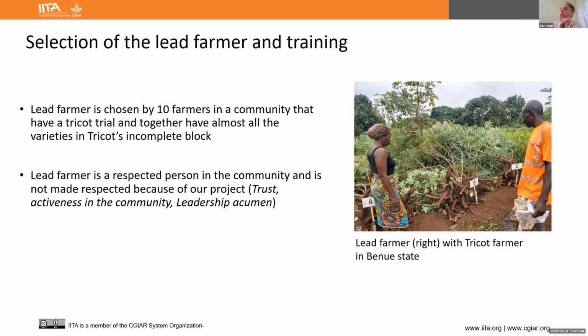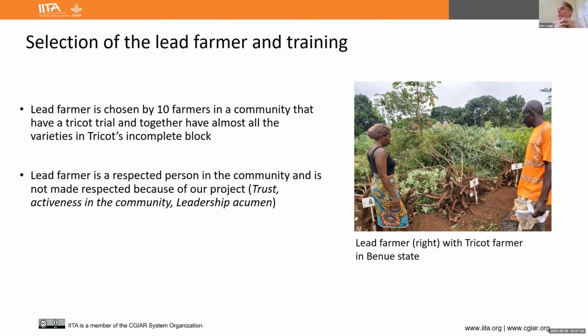And then the selection of the lead farmer and the training. So the lead farmer is chosen by 10 farmers in a community that have a TRICOT trial and together have almost all the varieties that we included in the TRICOT, as part of that incomplete block design. So it's really a kind of democratic process.